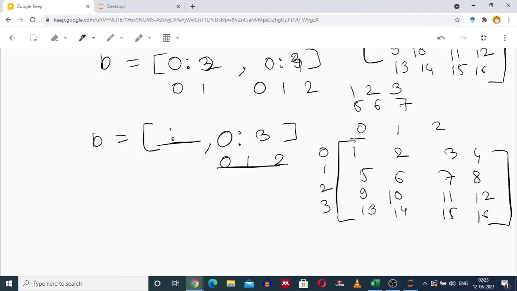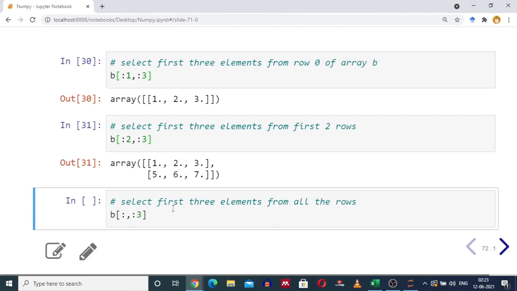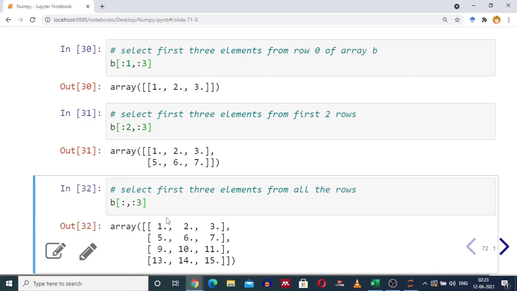Therefore, your output will be this group of your two-dimensional NumPy array, which is 1, 2, 3, 5, 6, 7, 9, 10, 11, 13, 14, 15. Moving back and checking the output, click on the cell and run the cell. You have 1, 2, 3, 5, 6, 7, 9, 10, 11, 13, 14, 15.